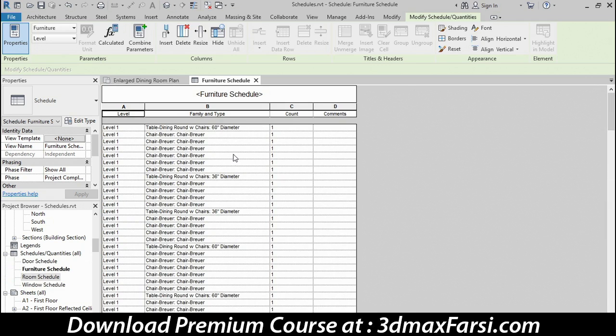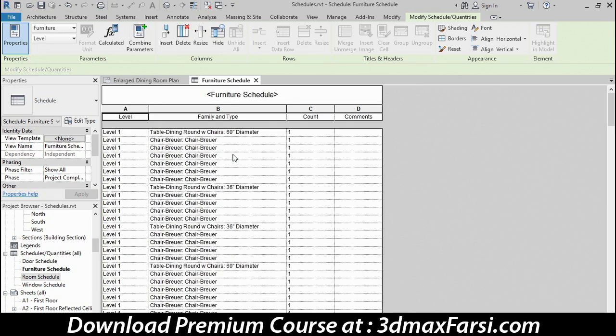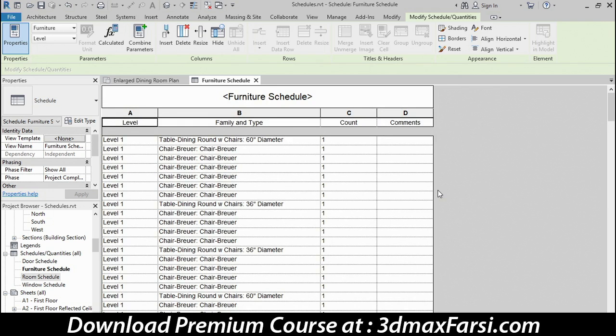So if I hold the Control key down and roll the wheel up, it will zoom in, and I roll it down, it will zoom out. So if you want to get a slightly better look at the information in that schedule, you can certainly zoom in. All right, so right now you can see that I get a table and then some chairs,